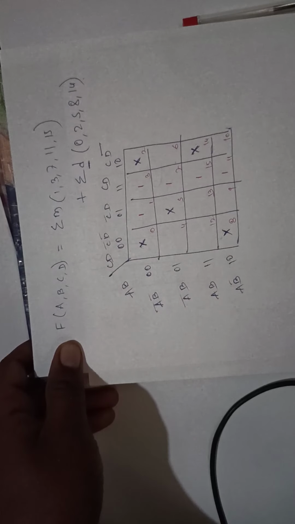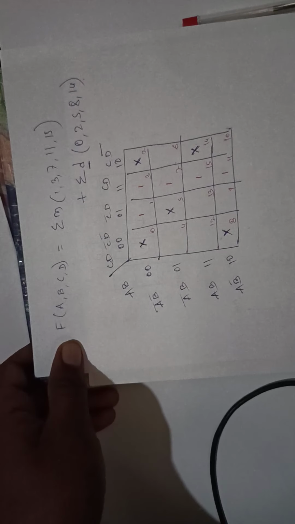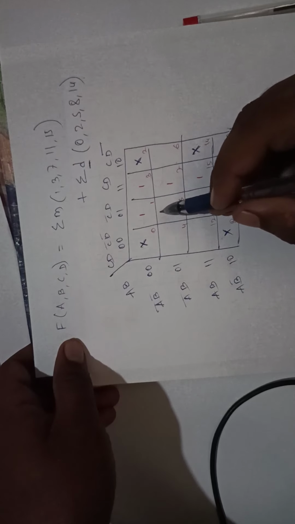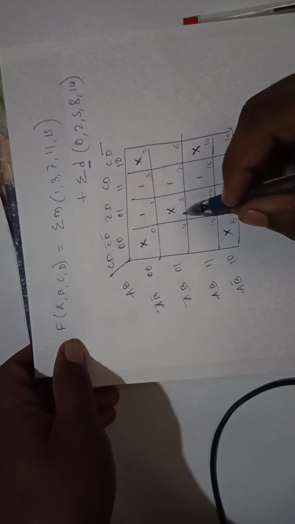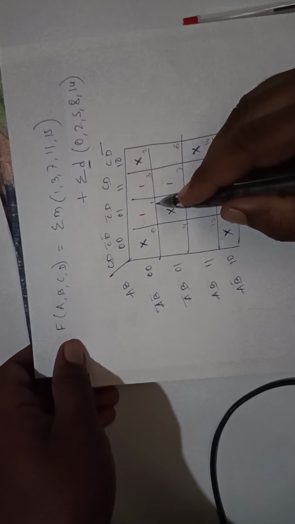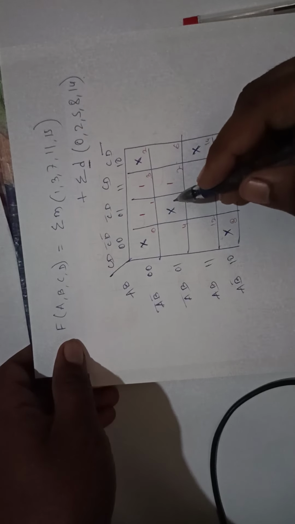Now, don't care means that if it is required, then you use it; otherwise you neglect it. The word itself says don't care. If it is required, then you use it, otherwise it will be rejected. Here you have to make the big group. In that case, if it is necessary to use it, then you use it, otherwise you reject it.